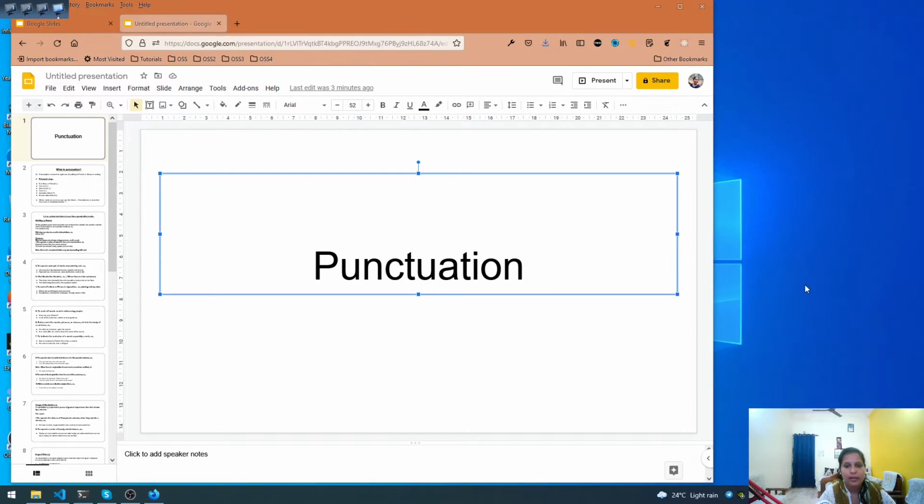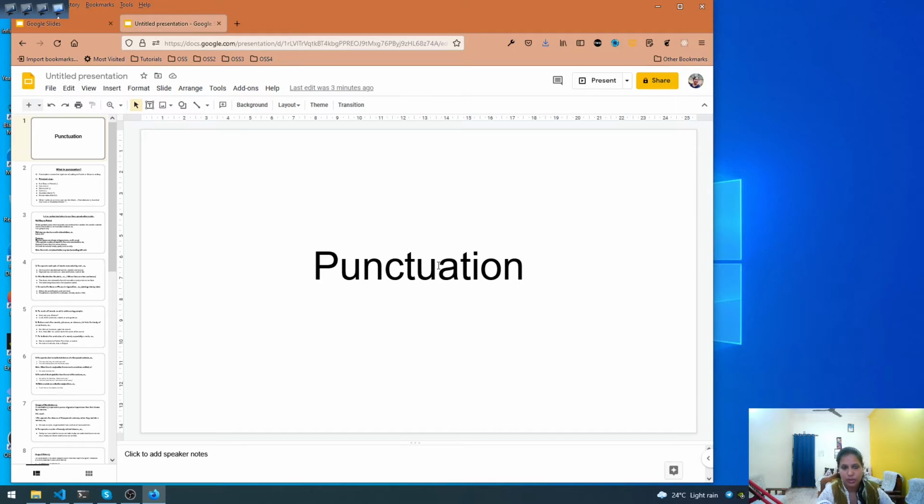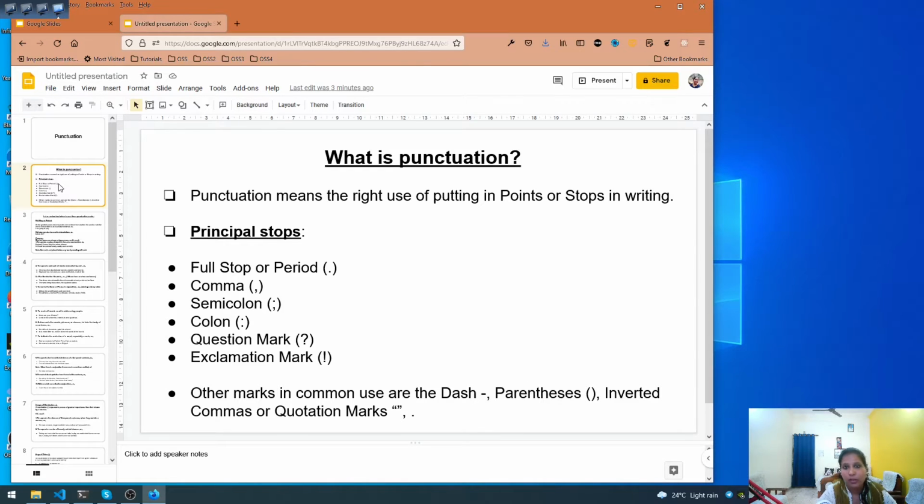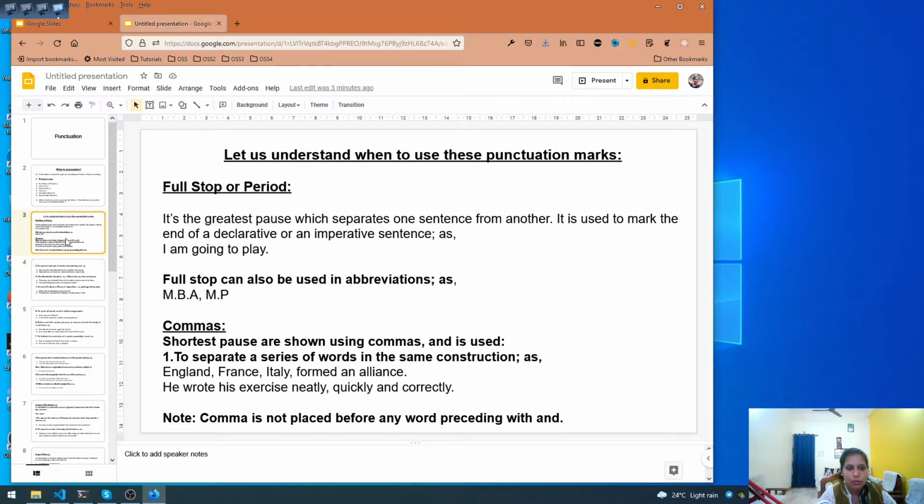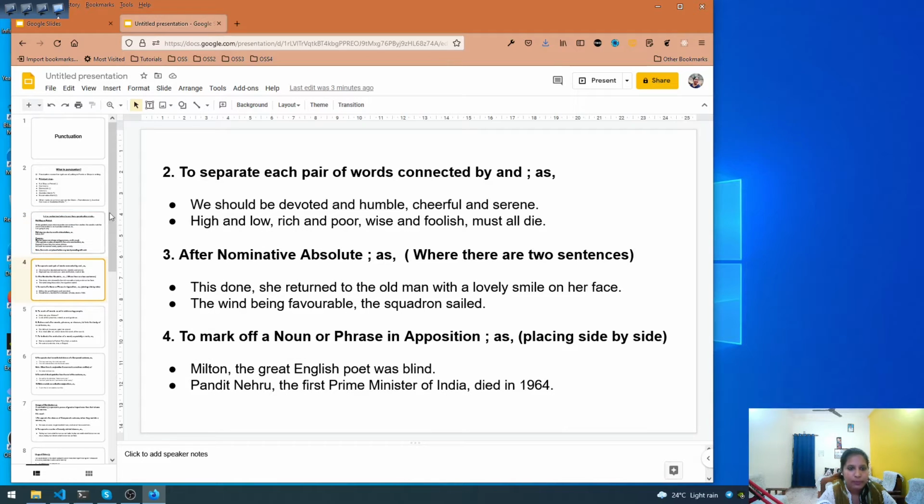So in our last class we saw about punctuation marks. We saw what punctuation marks are, isn't it? Punctuation means the right use of putting in points or stops in writing. We saw full stop or period, when to use full stop or period, and when to use comma. We saw that we should use commas when we separate each pair of words connected by and, or after nominative absolute, as where there are two sentences,